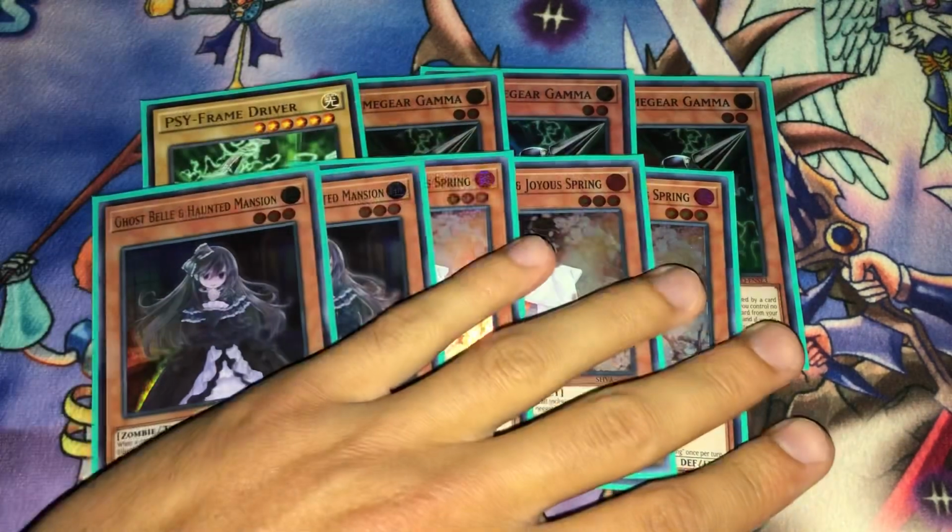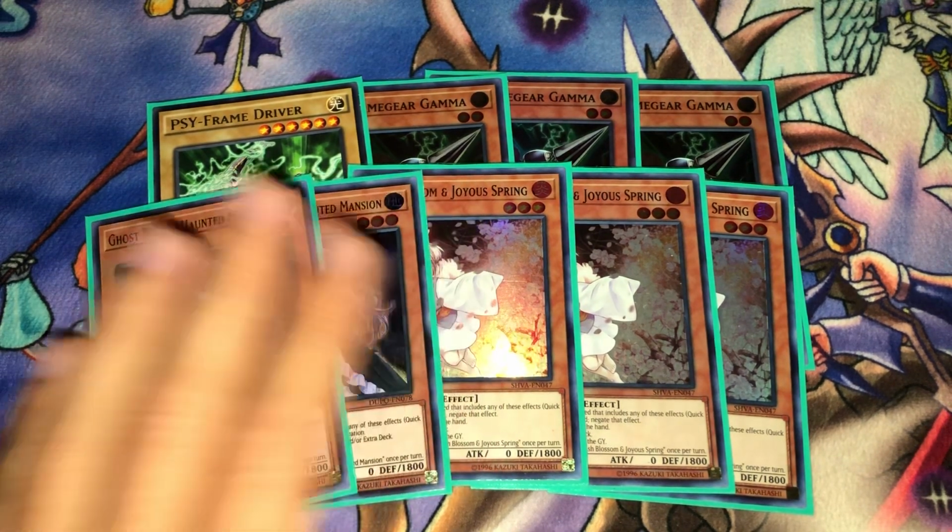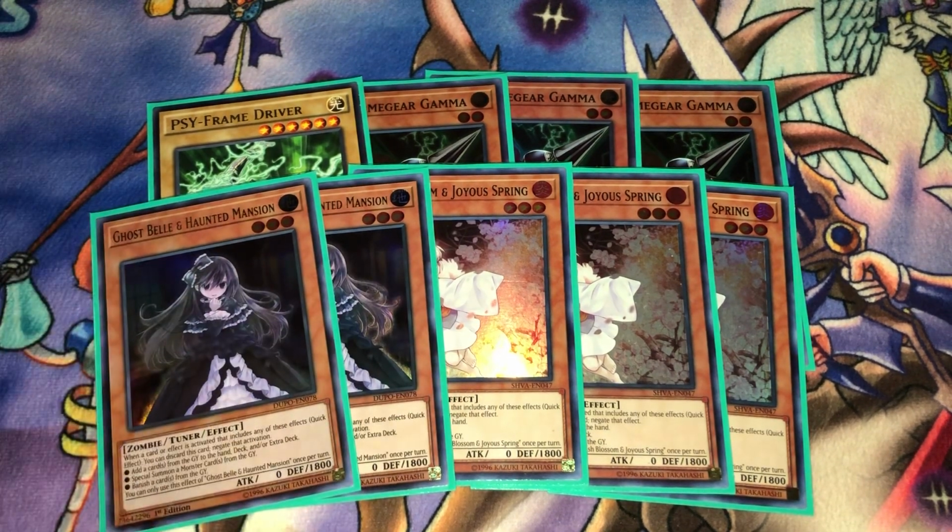3 Ash and 2 Bell. These are basically level 3 tuners that are really good hand traps as well. I like Ash a lot. I think it's definitely something you should always play, but the Ghost Bell, I like it, and I want to